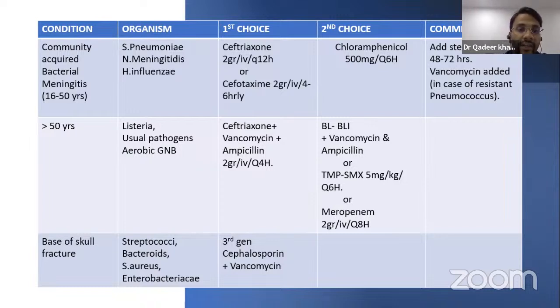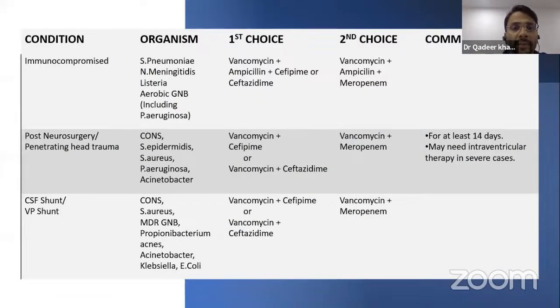In basal skull fractures, we should consider anaerobic organisms also, streptococci, bacteroides, because they are in direct communication with our oral cavity. Basal skull fractures need anaerobic cover along with third generation cephalosporin plus vancomycin. In immunocompromised patients, the organisms remain similar, like Streptococcus pneumoniae, Neisseria meningitidis, Listeria, Pseudomonas aeruginosa. First choice will be vancomycin plus ampicillin plus cefepime or ceftazidime. In second choice, patients who are clinically deteriorating, we should consider carbapenem along with vancomycin plus